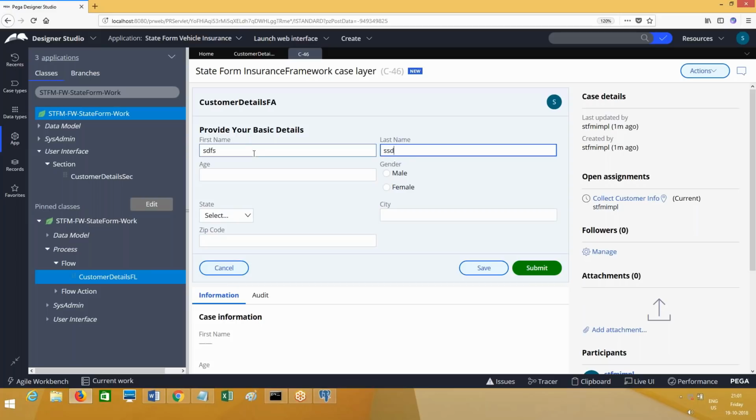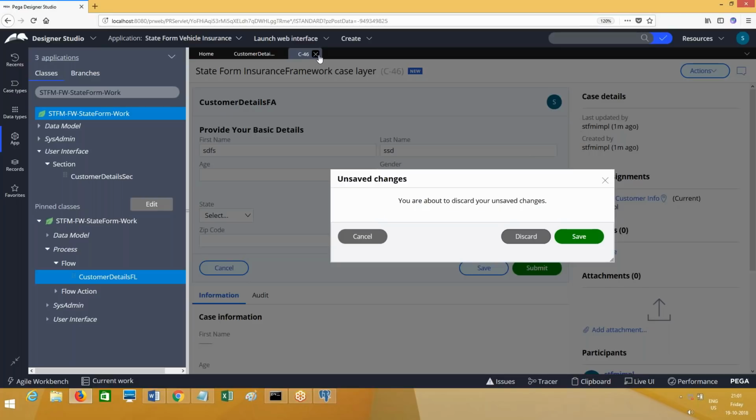Security, free structured programming. Okay. So now, whenever we create any work object, whenever we run any flow, a work object gets created. All the transaction data will be held by the work object. This work object gets stored into a table called the work table. All the data will get stored into the blob column. The work object ID will get stored into the PYID column. The blob column is named pzPVStream. This is the information which you should remember forever.